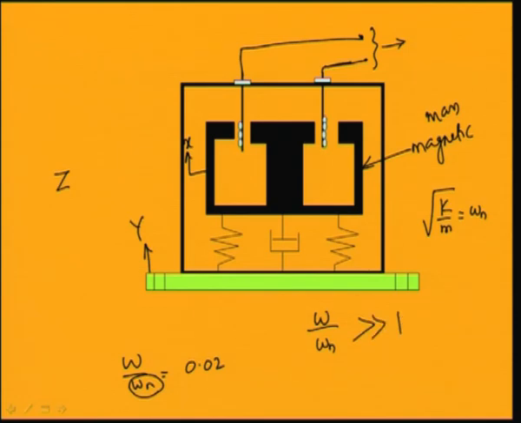So, when omega by omega n is greater than 1, the system has a low natural frequency. If the system has a low natural frequency, that means root of k by m will be low. That means you can use a spring with lower stiffness to use this as a seismometer. So, in this way you can